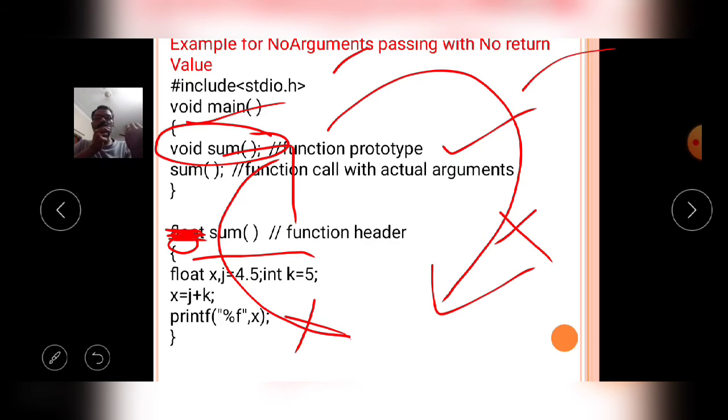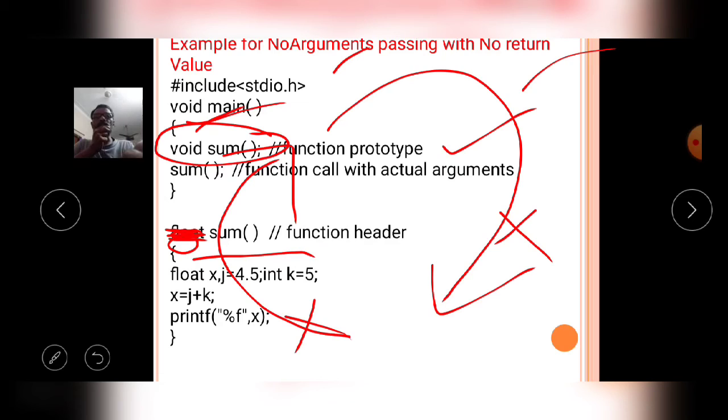That means in this program no actual arguments and no formal arguments are there, so I wrote it as empty. After completion of the user defined function execution, it will not return any value, that's why I wrote void here. Like that, the prototype declaration is over in the declaration part, written as per syntactical rules.